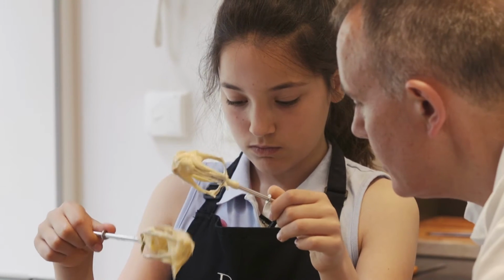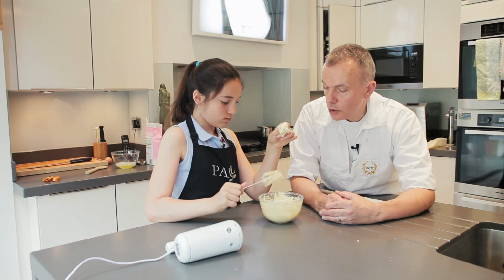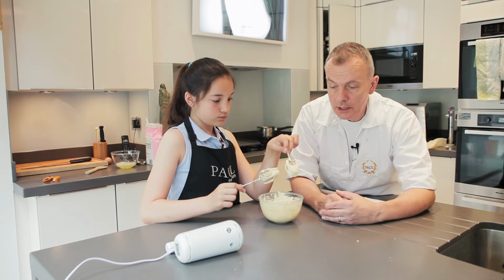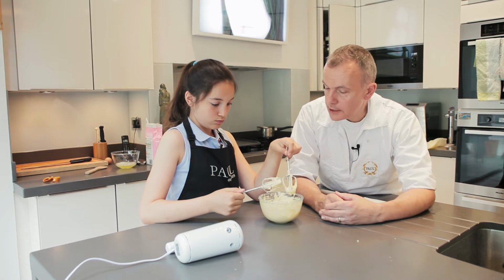There's no split on it, i.e. where it's not mixed in properly, and there's no solid pieces. Right? And this is exactly what we're looking for. Okay. The next stage is that we're going to pipe it out onto baking sheets, but there is a but